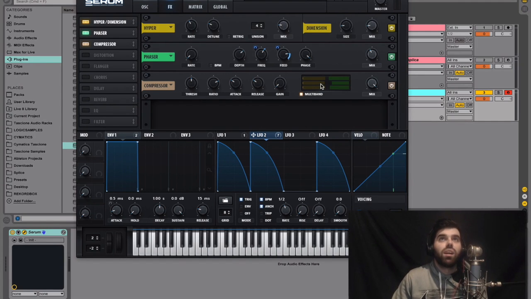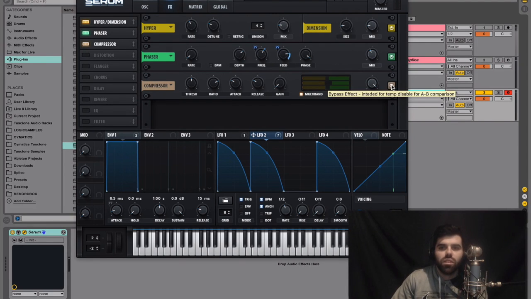So we're going to put that on multiband, and we're going to start playing with this right here. What's really cool about this, and a lot of people overlook this, is that you can actually take these bands and drag them. So we're going to leave this at 100. Also going to leave this at 100. We're going to take the lows and drag that to 0. So let's bring this back up to 100, and let's hear the difference between the multiband compressor on and off.